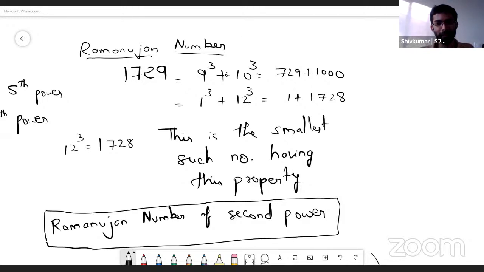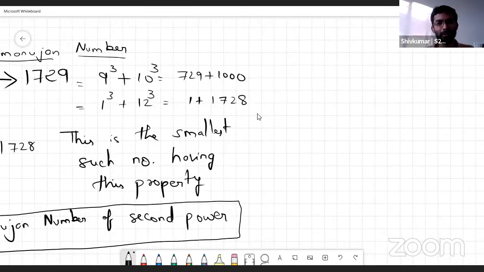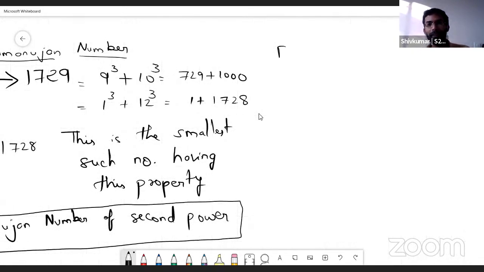So what I'm asking is, now we have seen this Ramanujan number, it can be written as the sum of 2 cubes in 2 different ways. Now, can you find another number that can be written as the sum of 2 cubes in 2 different ways? Just multiply those x and y's by 2. So it will be 18 cube plus 20 cube. Very nice.